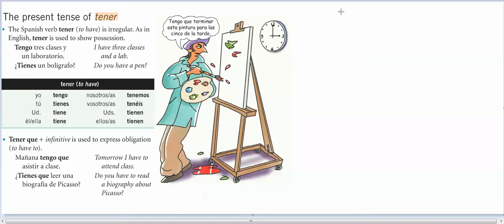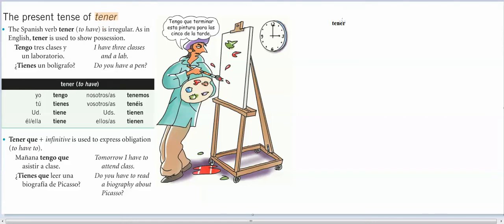So I'm going to go ahead and talk to you about the verb tener. Tener means to have, and it's an irregular verb. And what that means is that when we were first learning to conjugate, when we have a verb, like if I write out here tener. Well, if I have the verb tener, what we were told to do initially if we were going to conjugate it